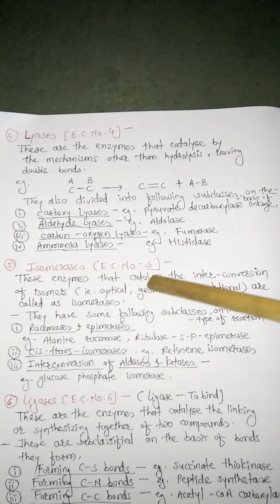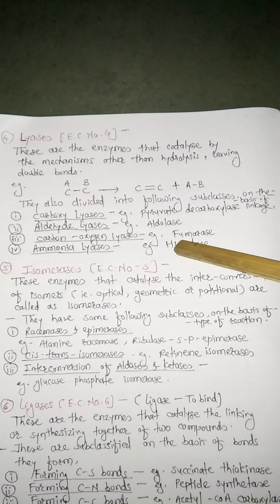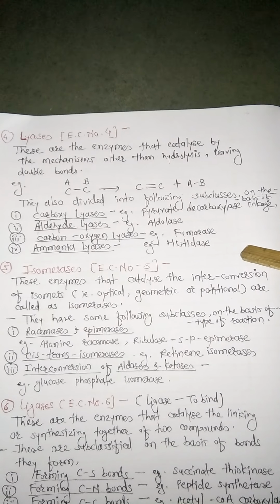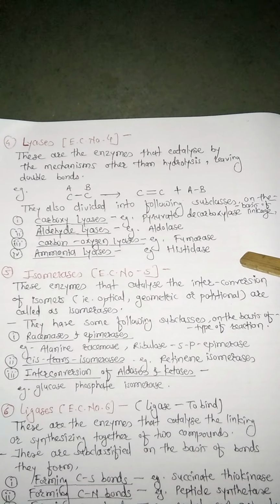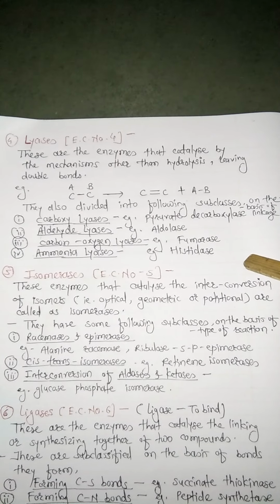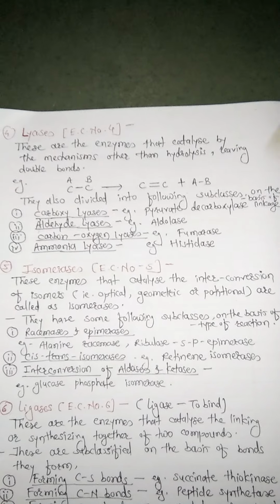Isomerases, with the EC number 5. The enzymes that catalyze interconversion of isomers. It may be optical or geometrical isomers. Means there is an interconversion